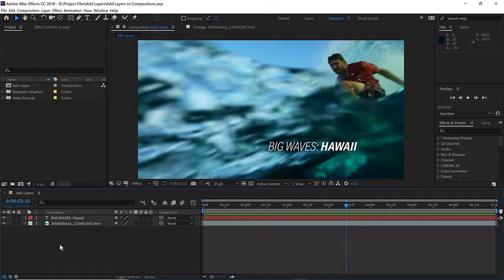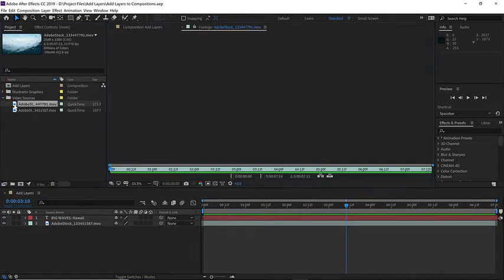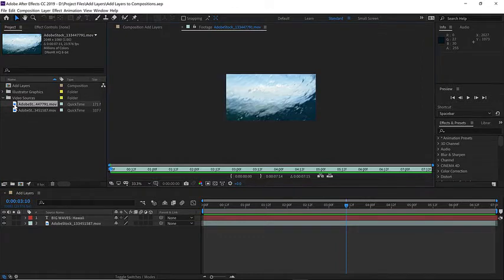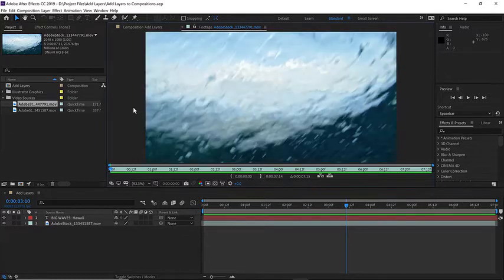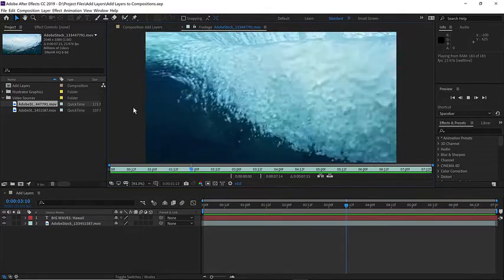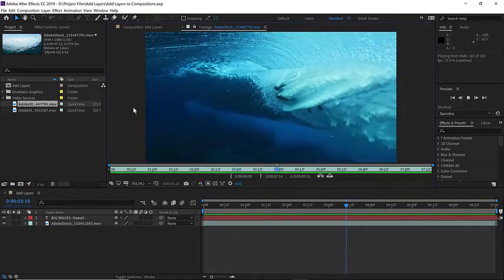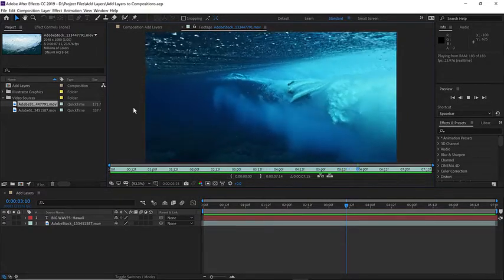So to add another video source, I'm going to go up to the project panel and open the video sources folder and double click on the video file ending in the number 791. That opens the file in the footage panel. To make the view larger, I'll press Shift // and then I'll go ahead and press the spacebar to preview this video clip. It's a beautiful shot from behind the wave, and I like this, so I'll press the spacebar